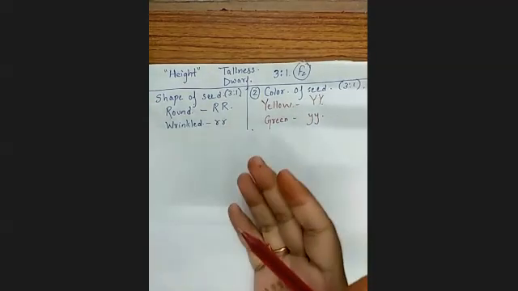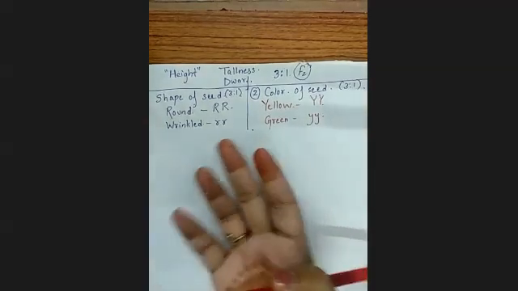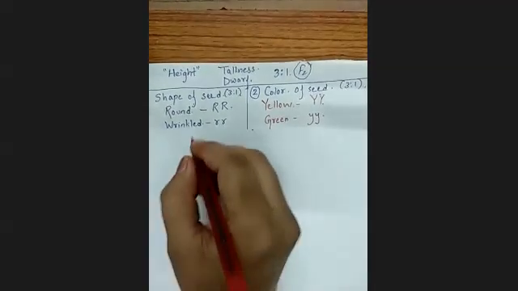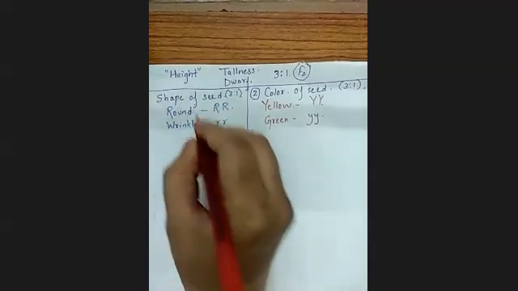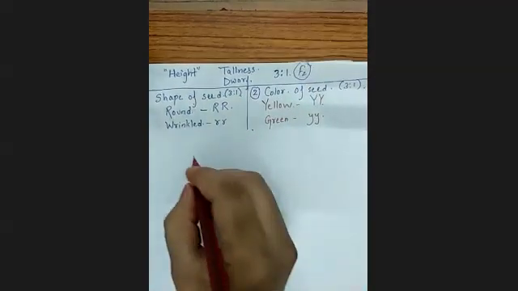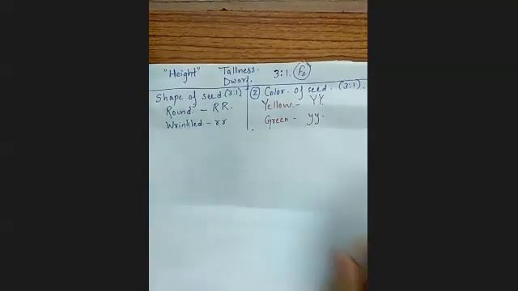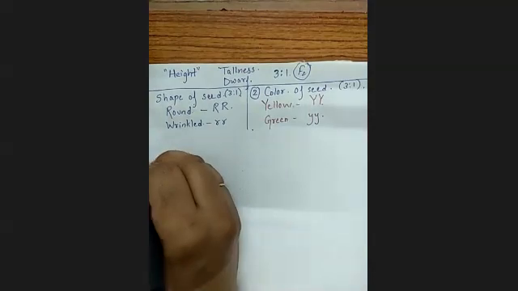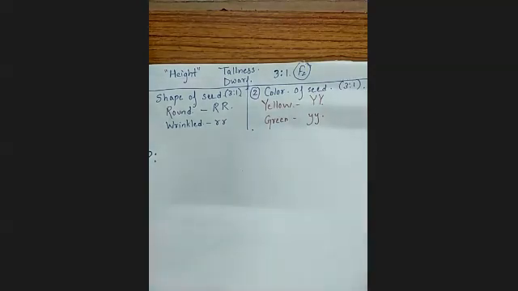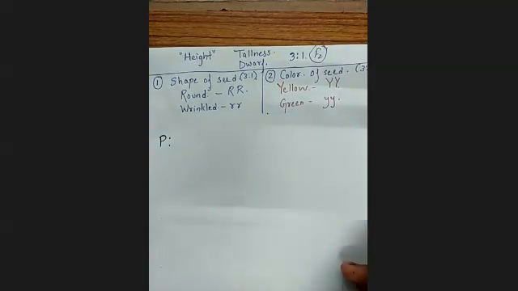Now let's begin how these 2 types of characters can be proceeded with further. He took a plant in which the shape of seed and color of seed had to be studied. Let's take the parent generation. I will write with this. Ma'am, the right side can't be seen. Now it is okay. Yes, ma'am.